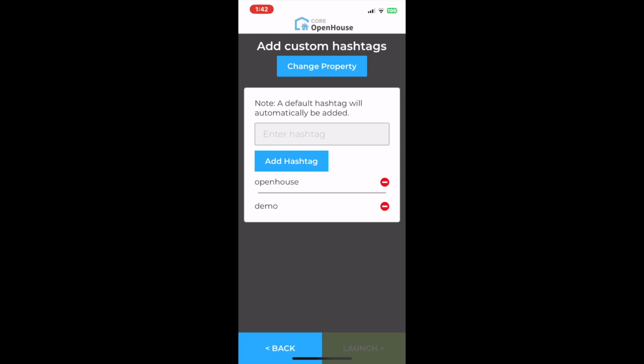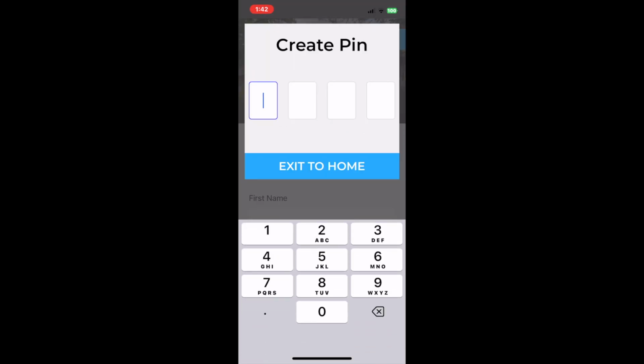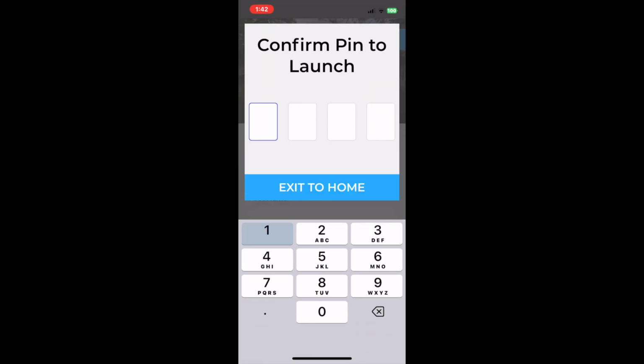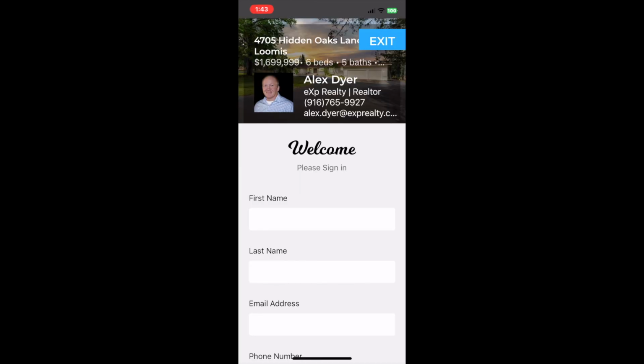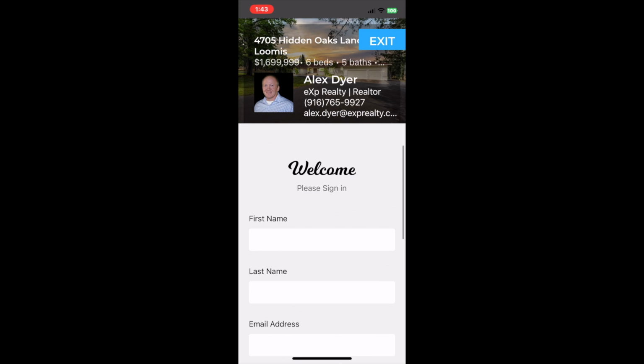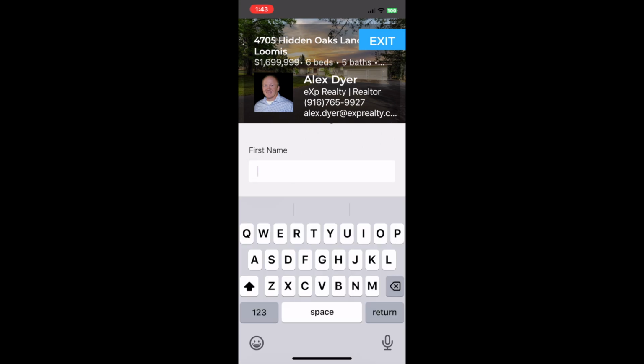So now I have my hashtags in. I'm going to create a pin. 1, 2, 3, 4 is what I'll use for this. And now you launch it. And you can see it's digitally branded with your info on it. It has the agency, your contact information, confirms the property. And so for my demo, I'm going to stick with my hairband